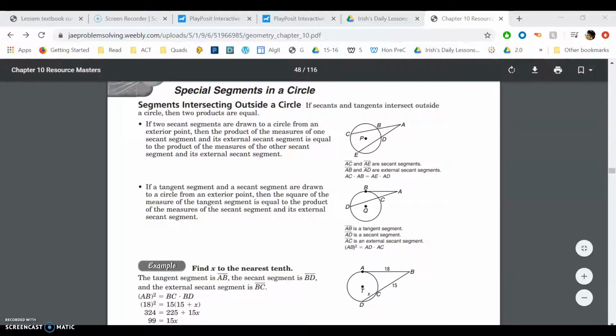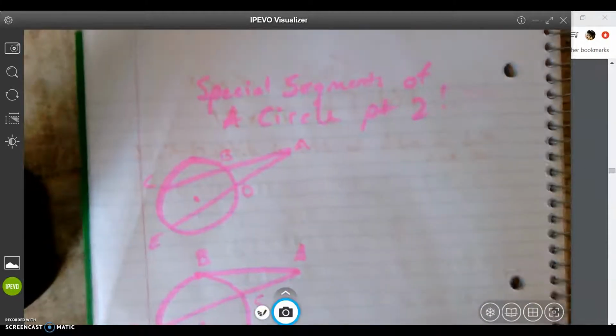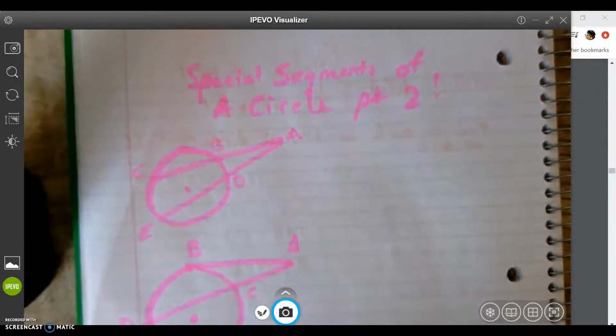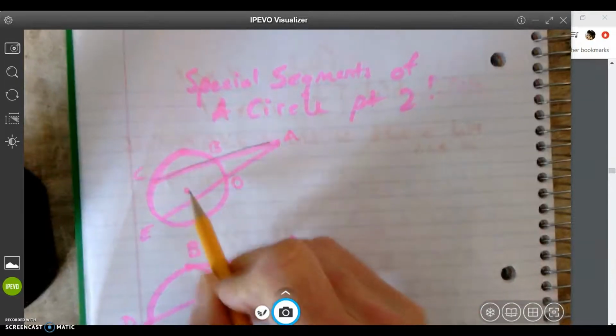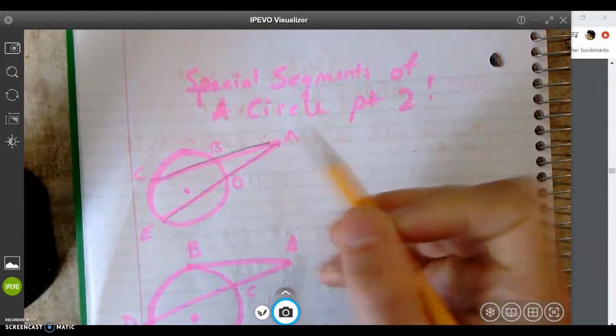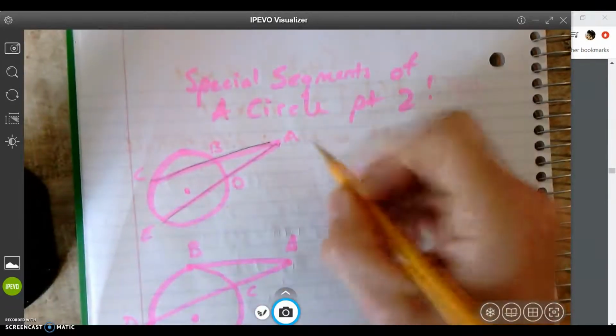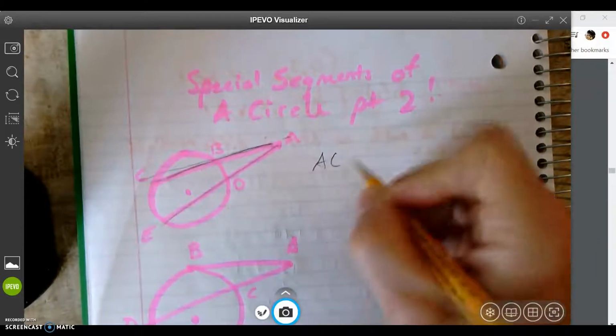Okay, so this is what's going to happen. Special segments of a circle part 2. That should be the top of your paper. Basically what it's saying is if you have two secants, so this is a secant line, it doesn't go through the center, and then you have another secant line right here, and they connect at a point, you know that AC, the whole thing, AC